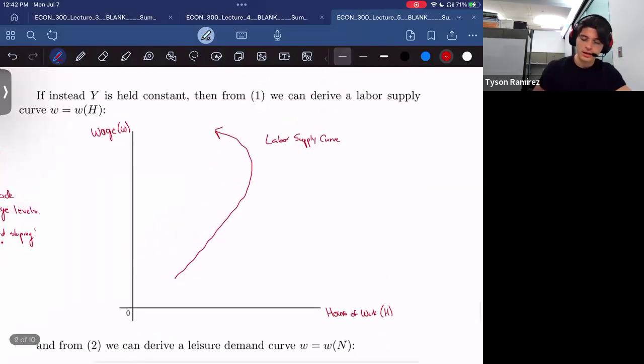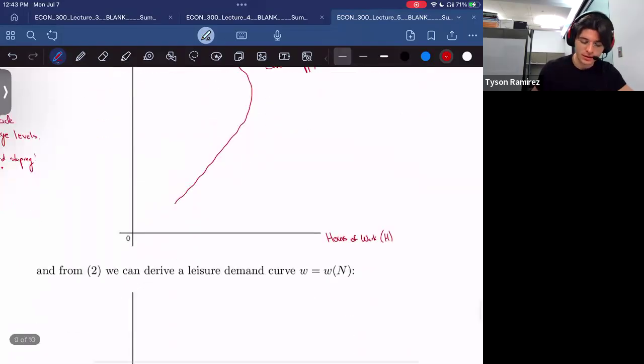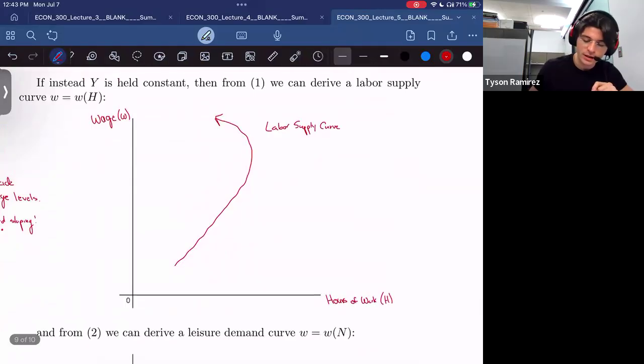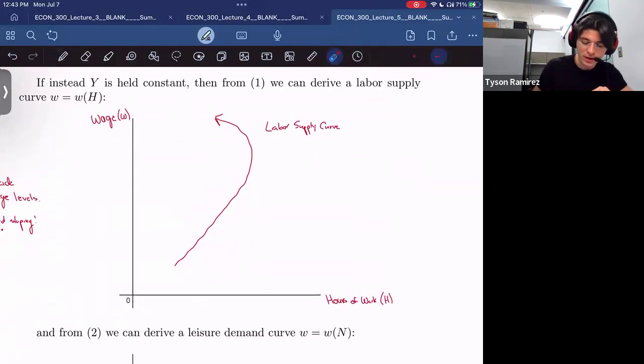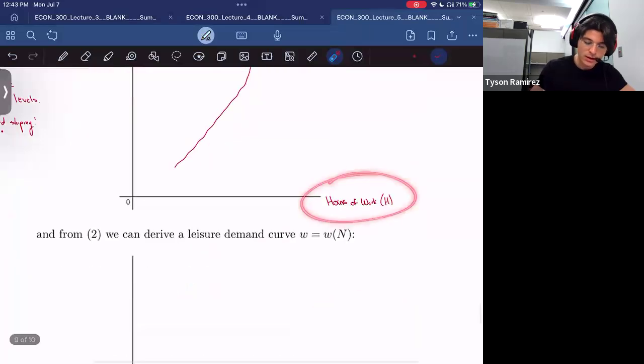All right. So let me come back to this. Keep that thought in your head for now. If instead, with those things in mind, this was wage versus hours of work, let us instead